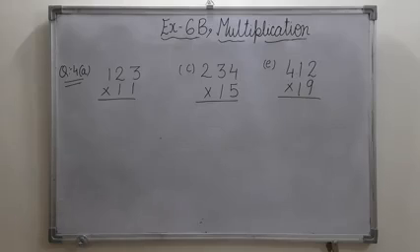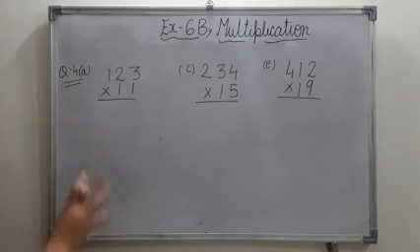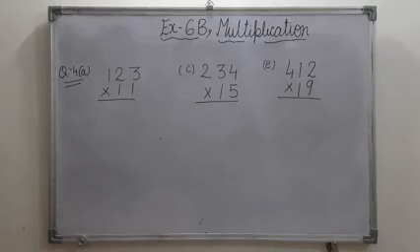Okay. Let's do question number 4, A part. Here we have to multiply 123 by 11. When we multiply a number with 1, or when we multiply 1 by another number, then we will get the same number. If you multiply a number by 0, or 0 by a number, then what is your answer? 0. If you multiply a number by 1, or 1 by a number, then you will get the same number. That is, the number you multiply by, you get that same number.